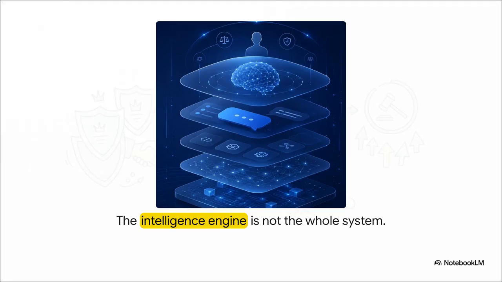And this brings us to a massive light bulb moment. The intelligence engine is not the whole system. The model itself is just one piece of a much larger, layered operating environment. Think about it for a second. The exact same underlying model can pop up inside a regular ChatGPT window, a totally custom web app for your customers, a voice-activated agent, or a highly governed enterprise workflow. The engine powering the thought process doesn't make up the entire car. You still have to build the rest of the vehicle around it.